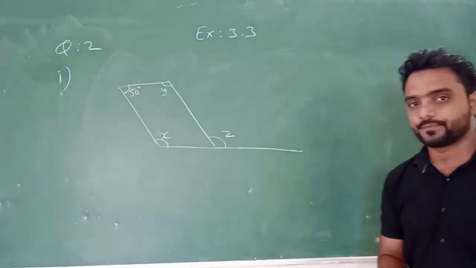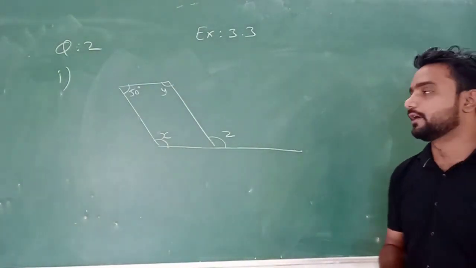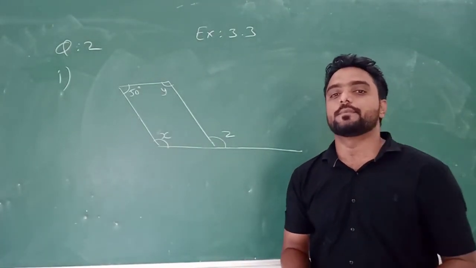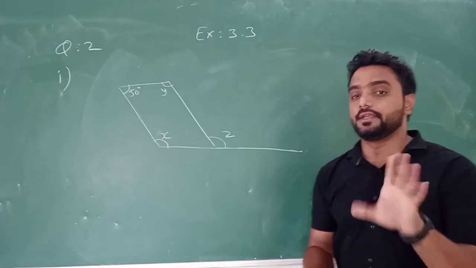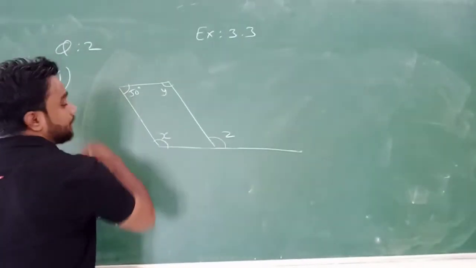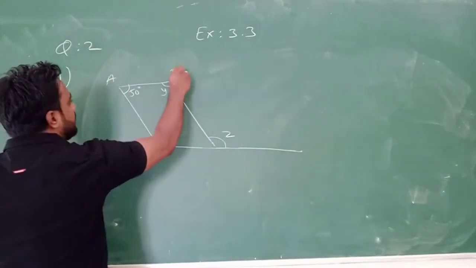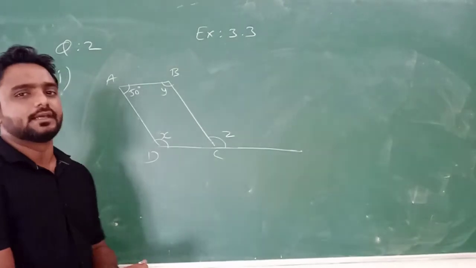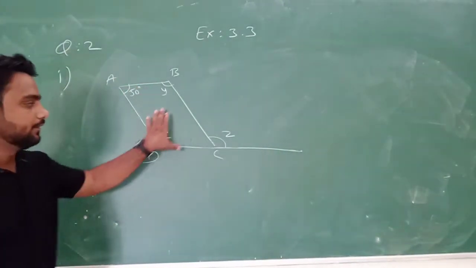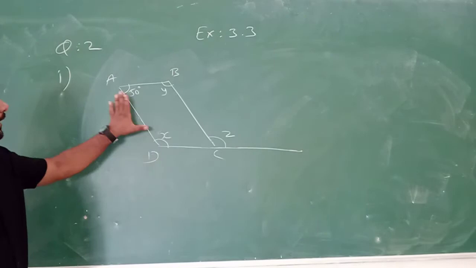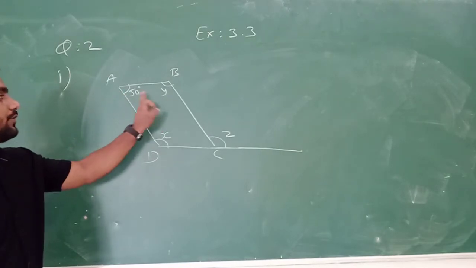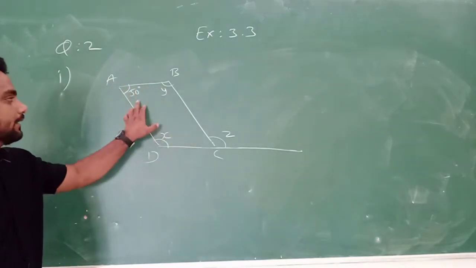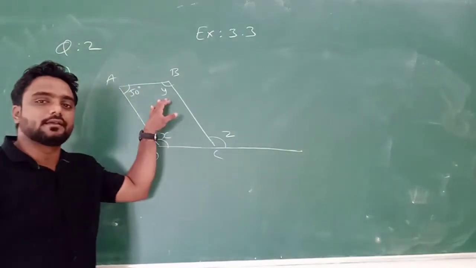But before that, okay, I will use the property, one of the property, that is which one? That is the summation of the adjacent angles of a parallelogram is how much? 180 degree. Okay, तो यहाँ देखो, I am giving the name A, B, C and D. Okay, मैं यहाँ नाम दे दूँ, आपको बुक के अंदर नाम नहीं दिया गया है. According to it, I am giving it the name. Okay, so on the basis of the name, can I say that these two angles are which one? Adjacent angles of a parallelogram A, B, C, D. So I can use that property of the adjacent angles of a parallelogram.